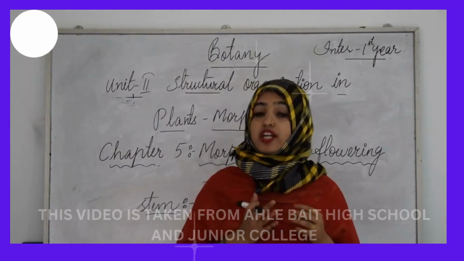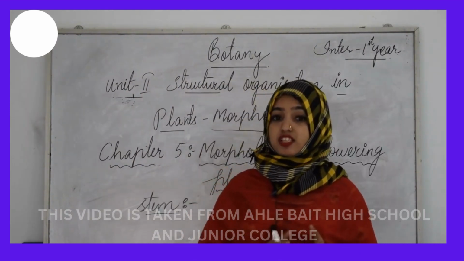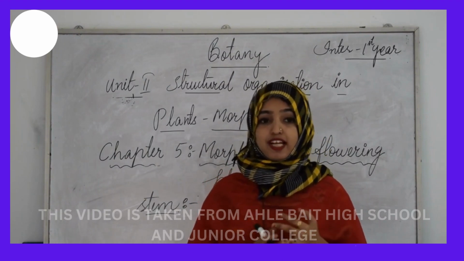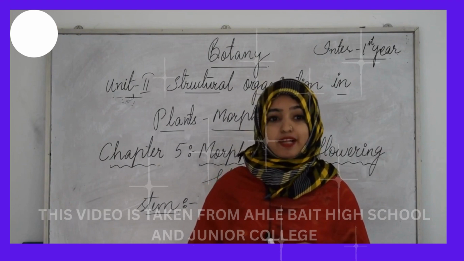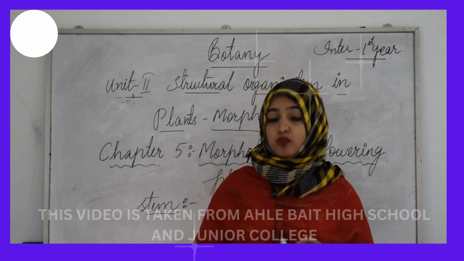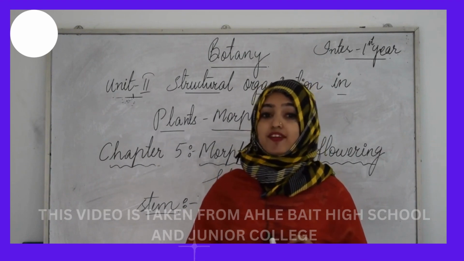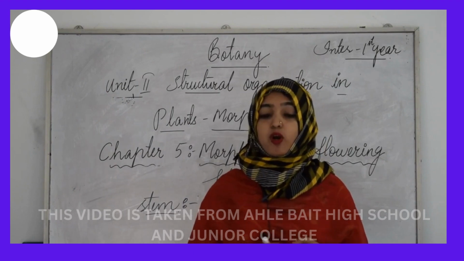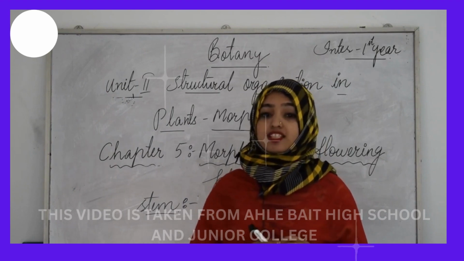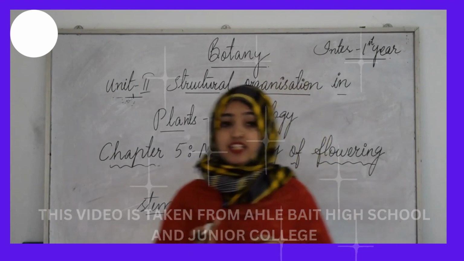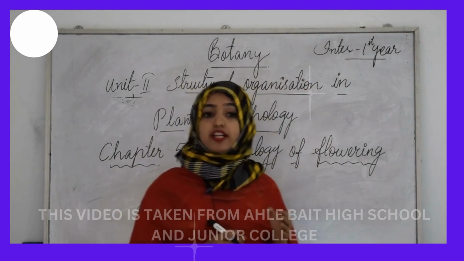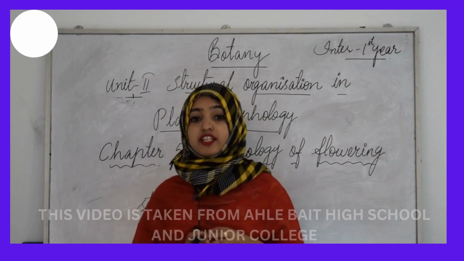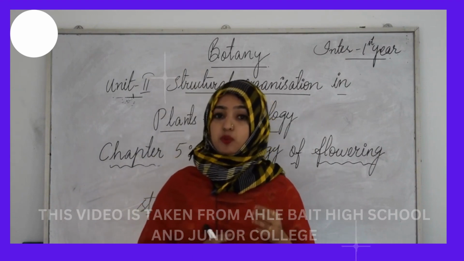So now, what are the features that distinguish a stem from a root? What is the main difference actually? The stem is the ascending part of the axis bearing branches, leaves, flowers and fruits. We all know this, and it develops from the plumule of the embryo of the germinating seed. The stem bears nodes and internodes. The region of the stem where leaves are borne is called a node, while internodes are the portions between two nodes.